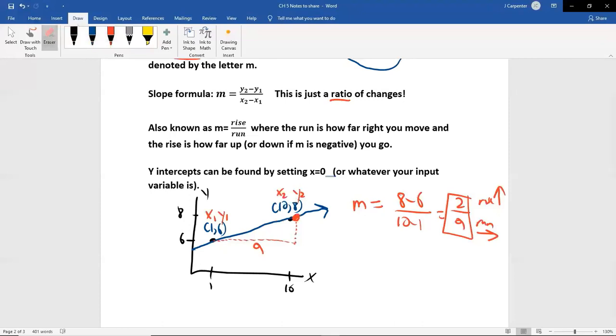Ignore the fact that I drew that just a little off because I was hiding it, but that was going up 2, right 9, up 2, and then from 10, 8, I could go right 9 and up 2. That's the idea of proportionality, but not actually being proportional. We're not saying as one doubles, the other doubles, but we are saying as one has a consistent change, the other has a consistent change. So that's why they're kind of cousins, if you will.